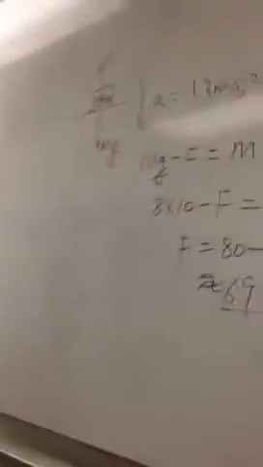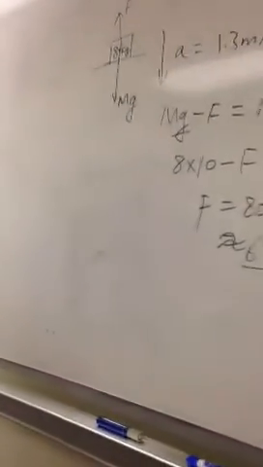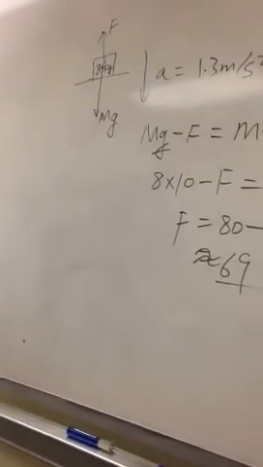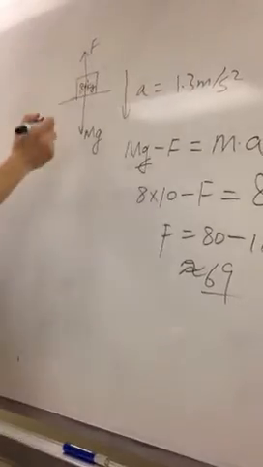Does it matter the arrangement you put, mg minus Fn, because you have written F minus mg, because mg is going down? Yeah, because we know the movement